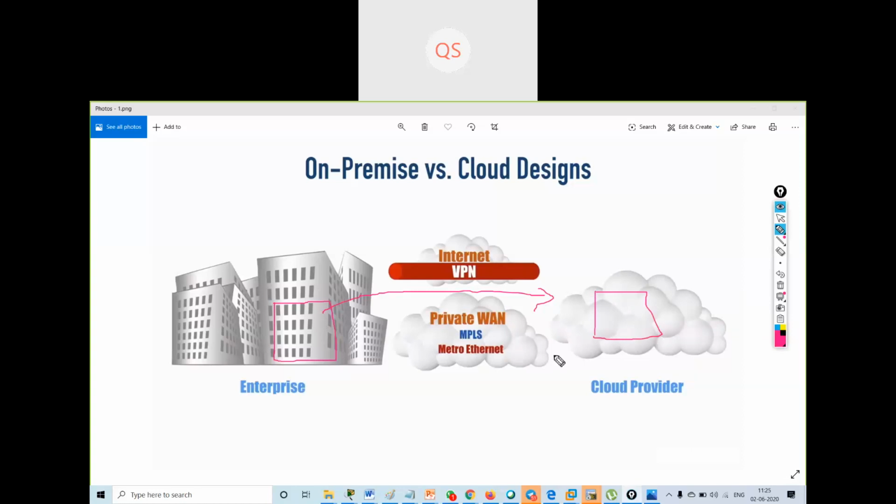Now one design question that comes to mind is, if we move our data to the cloud, how do we access the data securely? We can use the internet, but the internet is not secure.